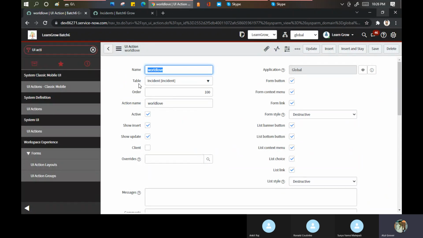Till this point, any doubt, any question? I'm sure I'm not in hurry mode, because इसमें इतना कुछ अपने लिए है ही नहीं. Maybe for Surya it is good for you because you are just stepping into a service now. But I'm sure for Ankit and Ronald, nothing much on the consulting area here. But we should know this. It is a part of the course, so we should discuss this thing.